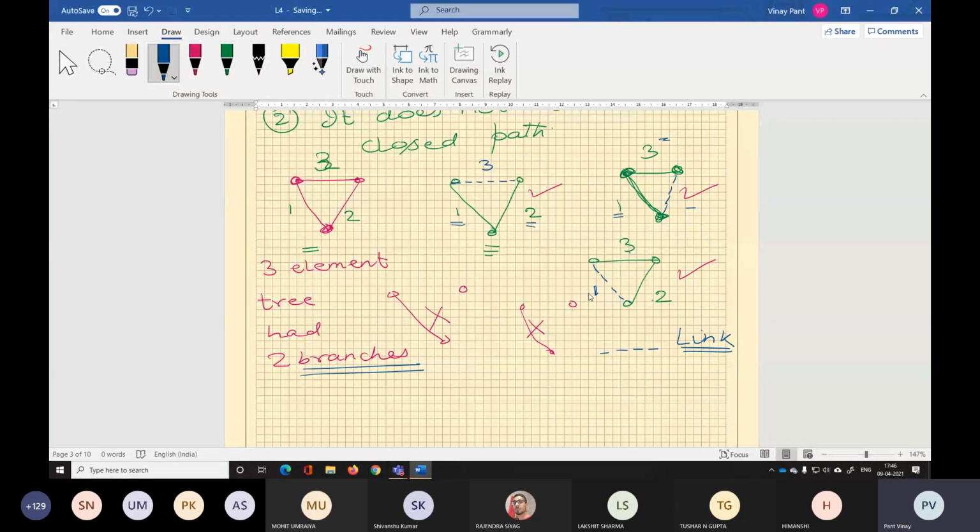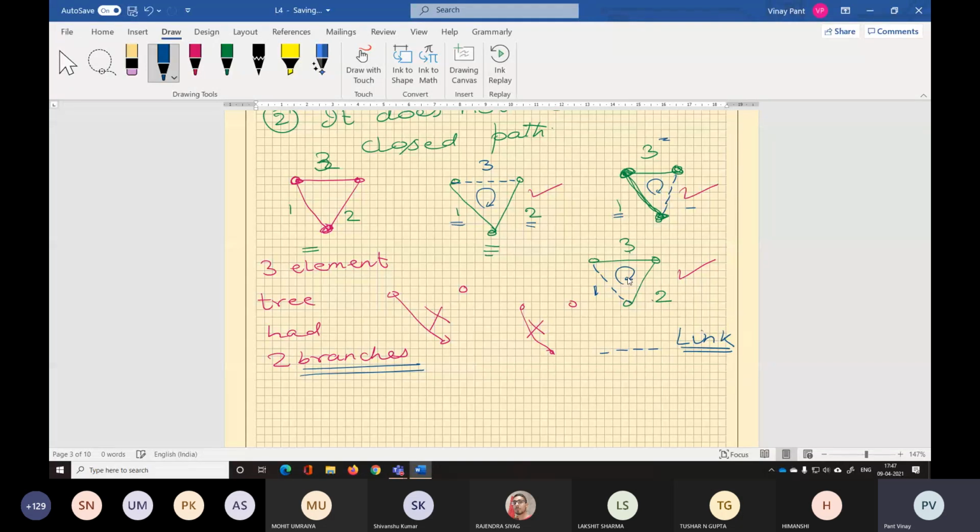Fine. What is the speciality of a link? Can you spot it? To a tree, if you put the link back, or if you attach a link, what happens to the graph? It creates a closed path. So links will always be associated with closed paths.